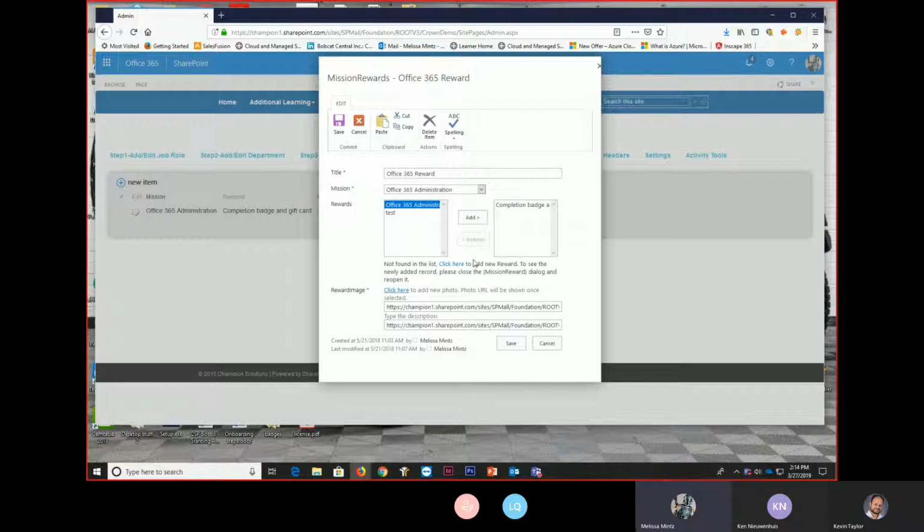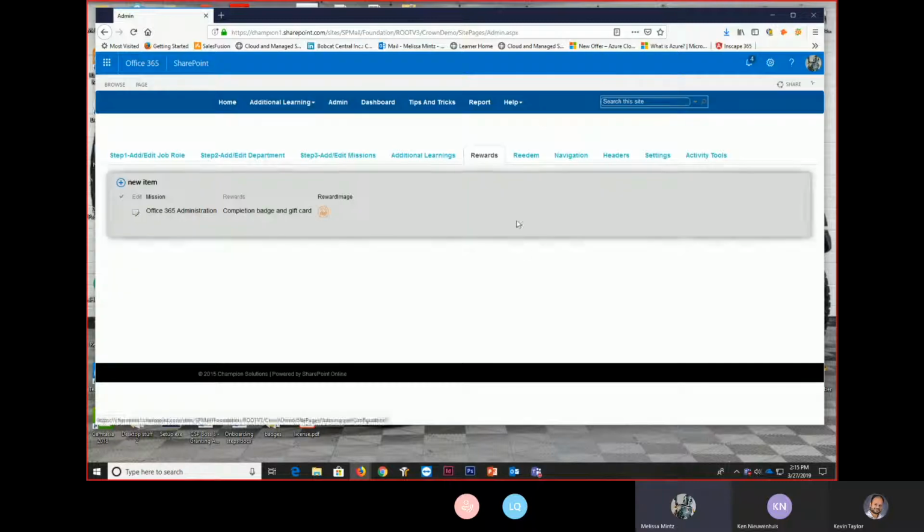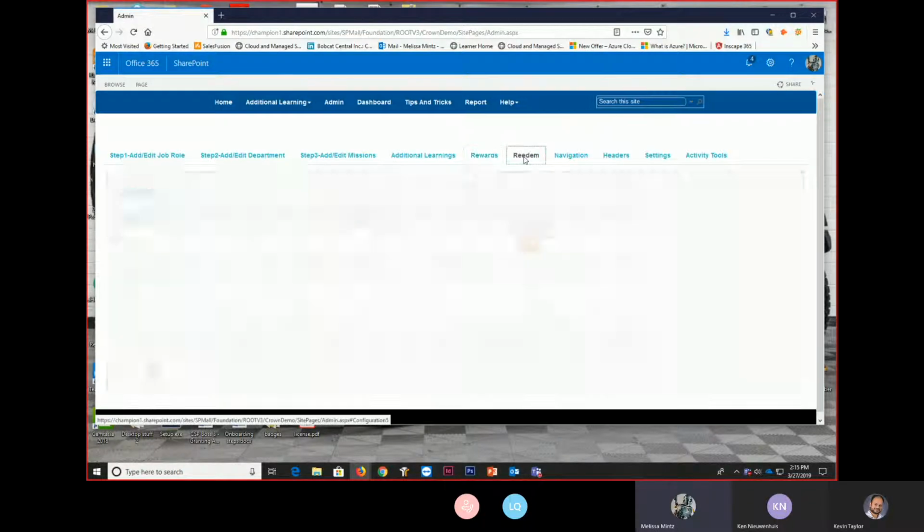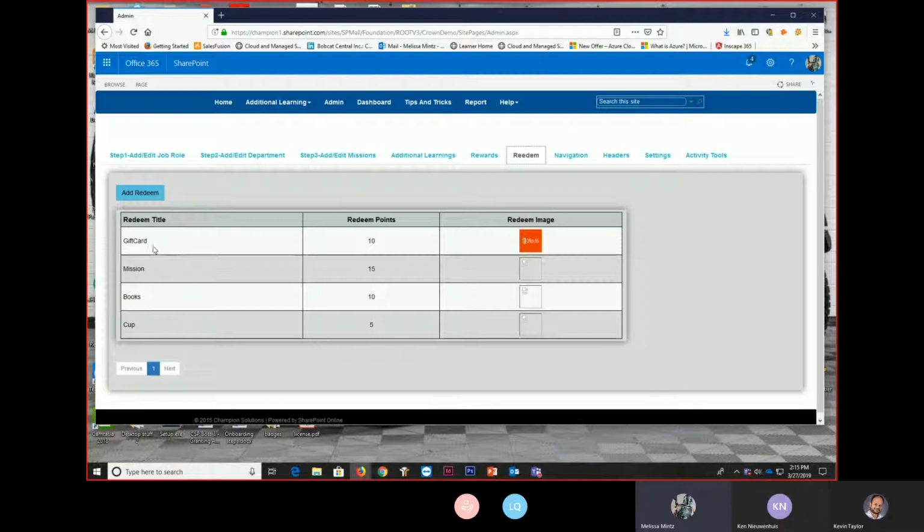You would add that. And then if that wasn't in the list, you can click here to add a new reward to the list very simply. And if you wanted a different image, you could simply click here to upload a new image. Really simple to do. Again, you don't have to be a SharePoint expert to do any of this. Here's where you can take a look and see your redeeming points,